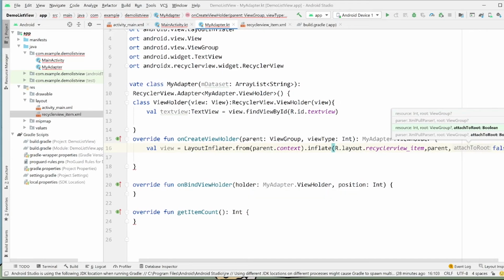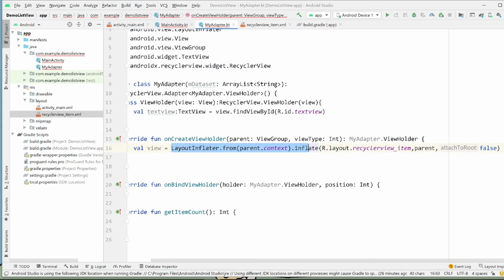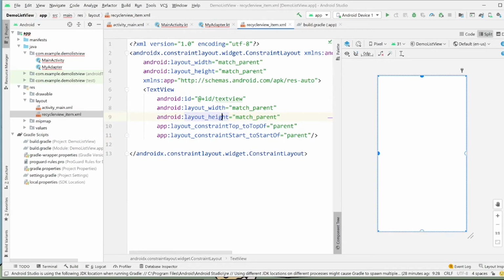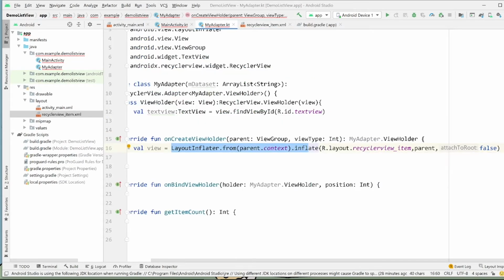So basically we use the layout inflater to inflate whatever is included in the customized item view that you create. The last parameter does not matter, you don't need to worry about it, it's generally false. For the first parameter, you specify which customized layout you're going to use.